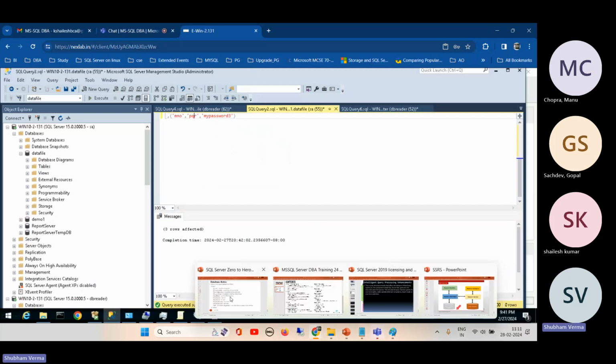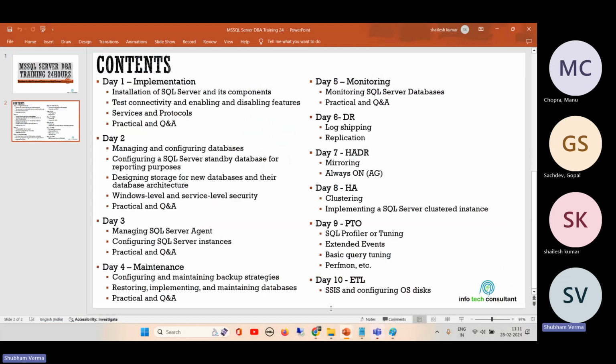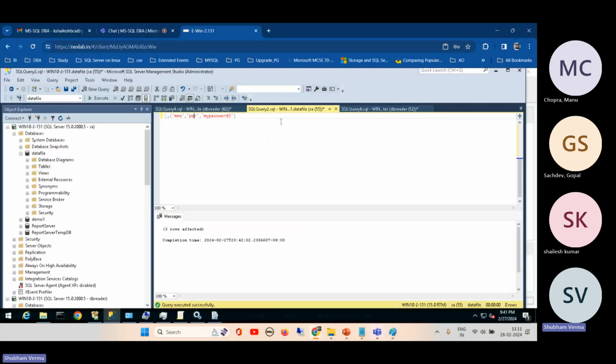So this is a simple architecture of a new database creation. As per best practices, as I already told, if you are going for a cluster database configuration, then we have to keep the data files in a different drive like D drive, log files in L drive, quorum disk in Q drive,